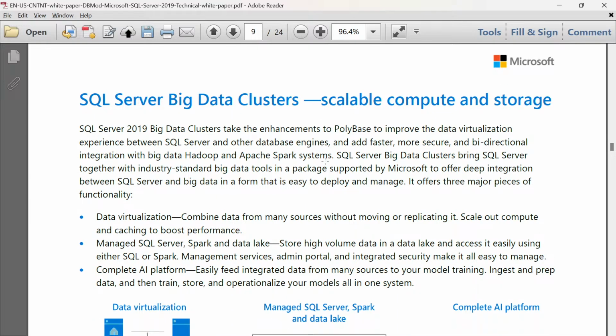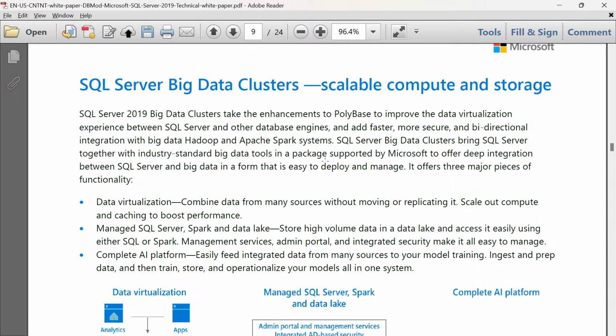Now here we have a term called clusters. What are clusters? Cluster means collection. That too, collection of similar kind of elements, similar data, just like an array.